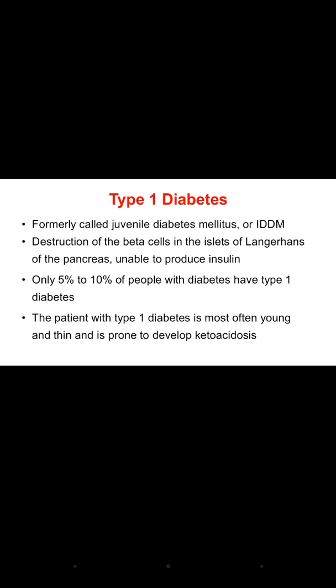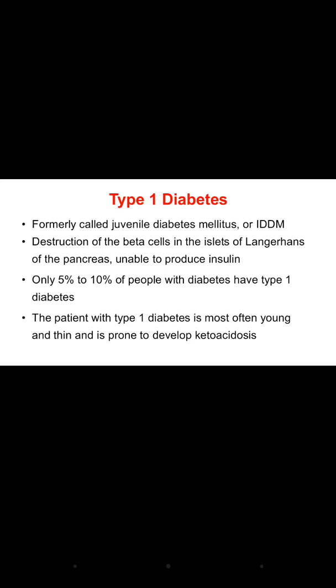So what it will do, the body compensates by breaking down non-carbohydrate substances. For example, the fatty acids and the amino acids will be broken down and then they will form glucose, right? But when they are forming the glucose, they also form the ketone bodies. These ketone bodies are acidic in nature. Okay, keto acids, and that's why it is called ketoacidosis.